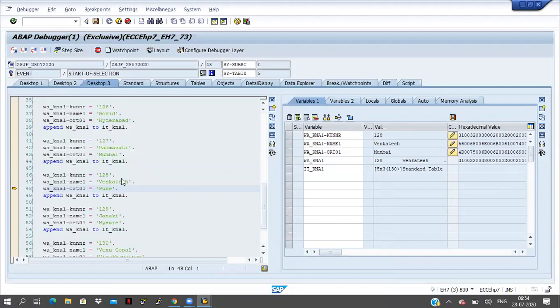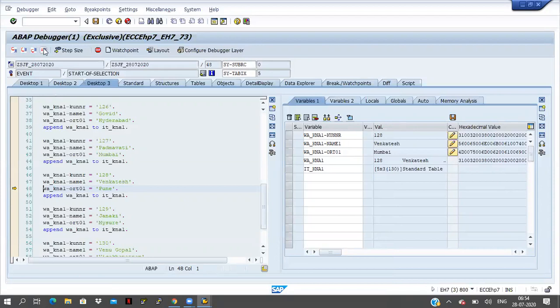So this is the difference between watch point and breakpoint. In the interview, they may ask you the question: what is the difference between watch point and breakpoint? Breakpoint means there is no condition; we are just giving one spot to stop the execution of the program. If you want to stop the execution of the program based on a condition, then we have to go for watch points. Watch points you can create in the debugging mode only. In the program you cannot create the watch points.